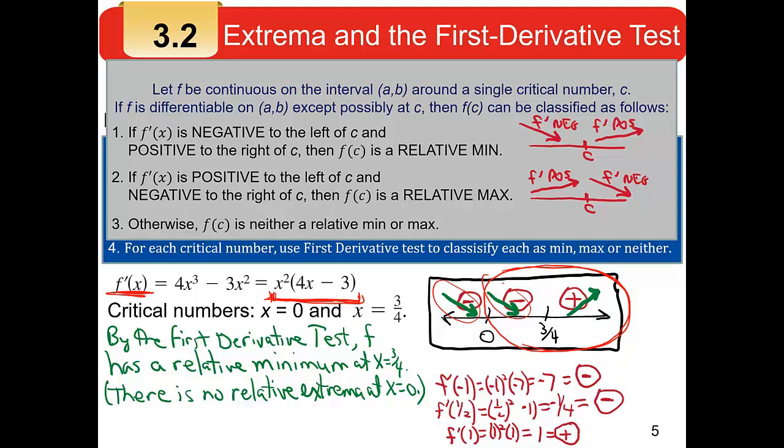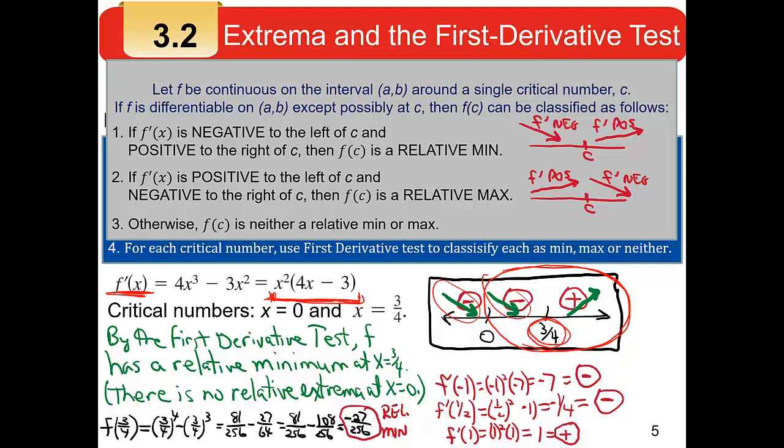The ideas are simple, but you have to practice. Practice makes perfect. To actually find the value, which is what we call the relative max, in this case the relative min, you get the y value. So once you found that the critical value that produces a minimum is at 3/4, you still have to plug 3/4 back into the original function,